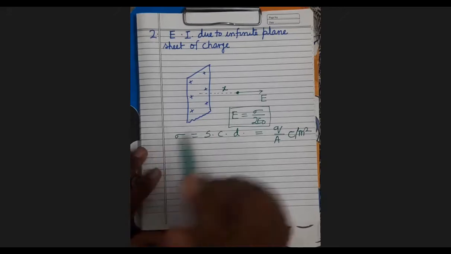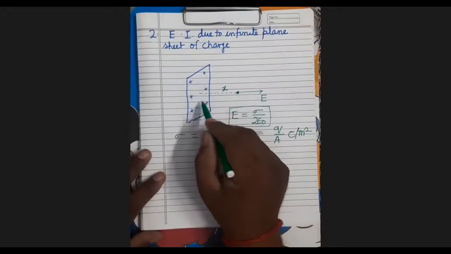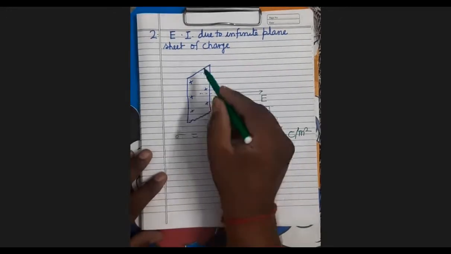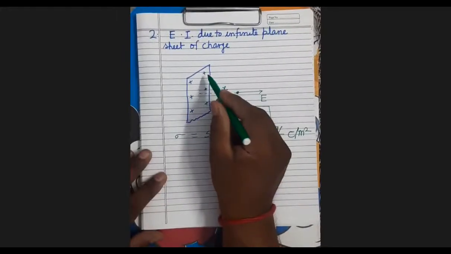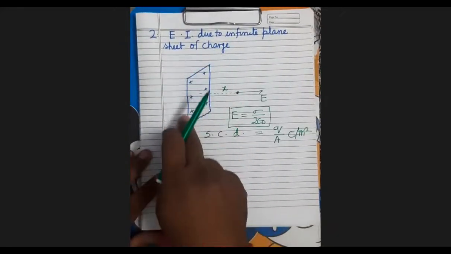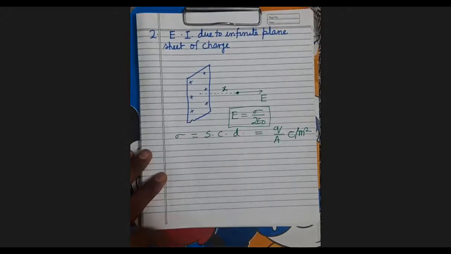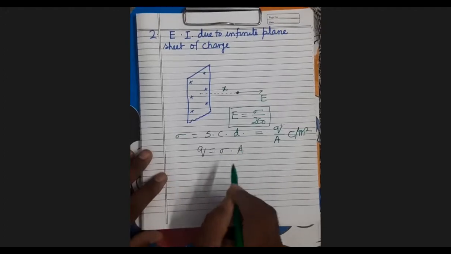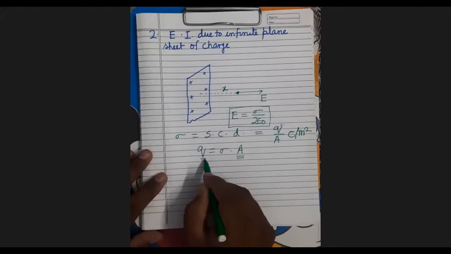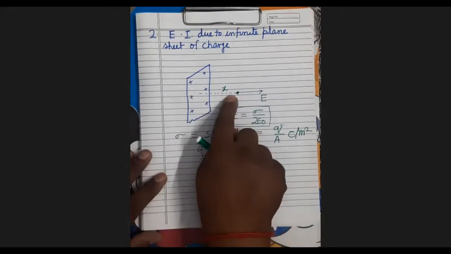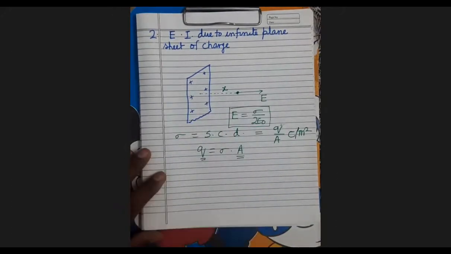At the nearer point, only a smaller portion of the plane sheet of charge constitutes the electric field. At the farther point, a bigger area, a bigger surface, will constitute the electric field. So if the point is far, the area setting up the electric field is larger. That means what will the value of Q be? It will be larger, because Q equals sigma into A. The larger the A, the larger the Q, so the electric field should be larger. But the distance is larger, so the electric field should be smaller, so that it gets balanced. It's clear. That's why E does not depend upon x here.